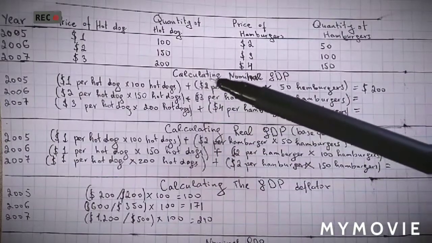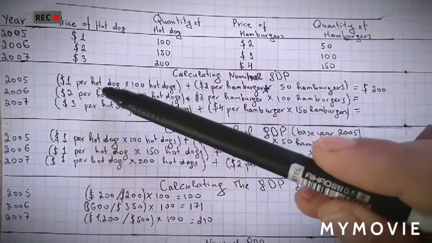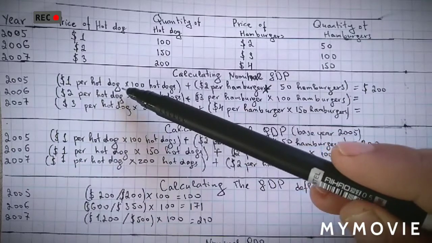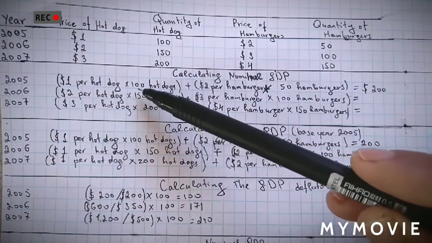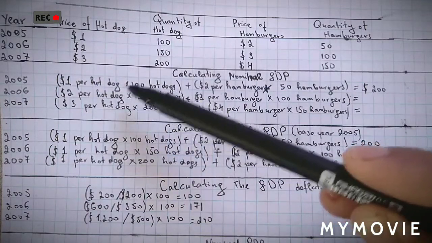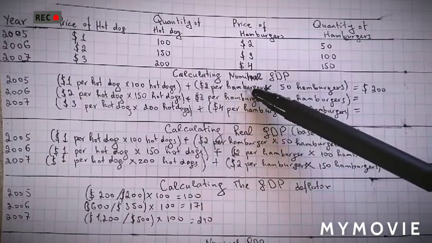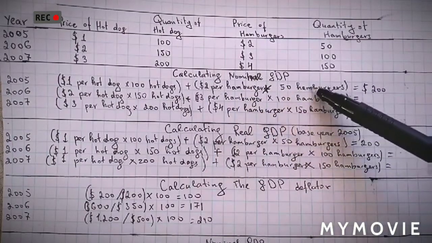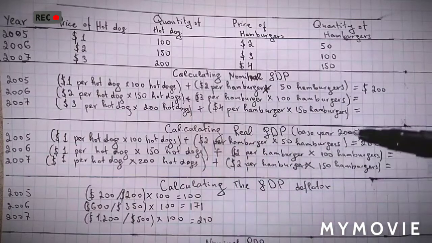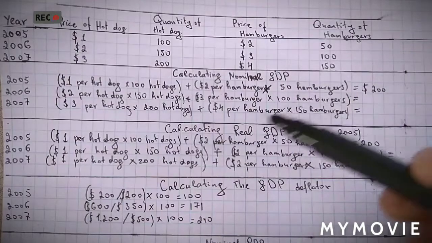Okay, let's start calculating nominal GDP. In 2005, as we have seen, the price is $1 per hot dog, right? So 100 hot dogs is going to be multiplied, and then $2 per hamburger. So there are 50 hamburgers, and it is multiplied and added. So the result is $200. And for the next year,